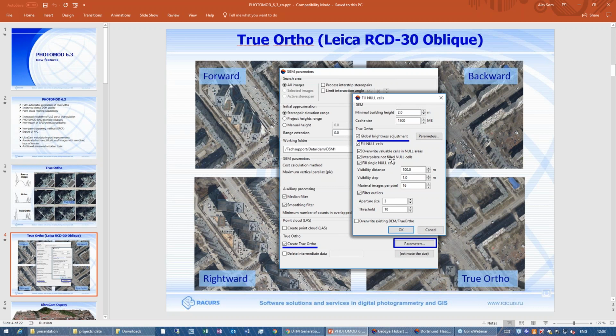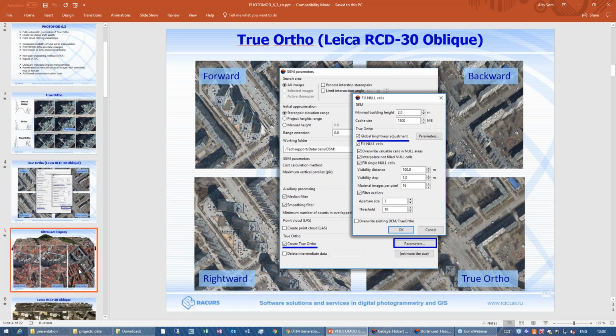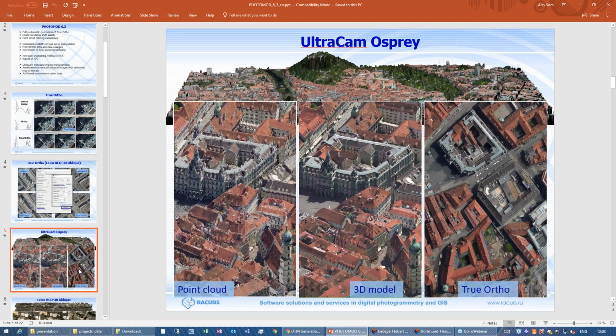On the screen you can see forward, backward and rightward imagery that were captured by the Oblique Leica RCD camera, and the True Ortho output imagery in the bottom right of the screen. Some samples of PHOTOMOD outputs: point cloud, 3D model and True Ortho. All of them were created based on the data captured by the UltraCam Osprey camera in the center